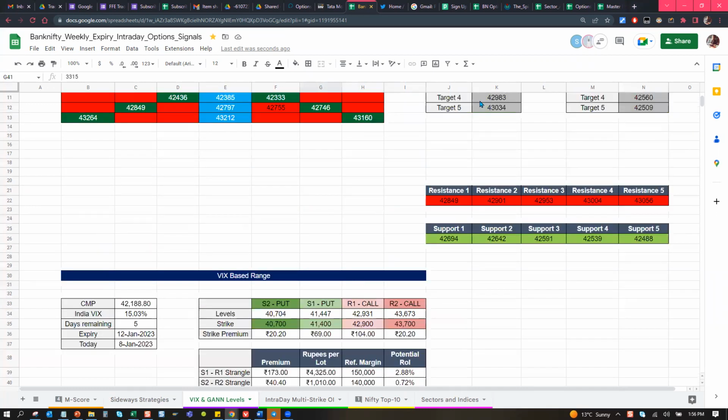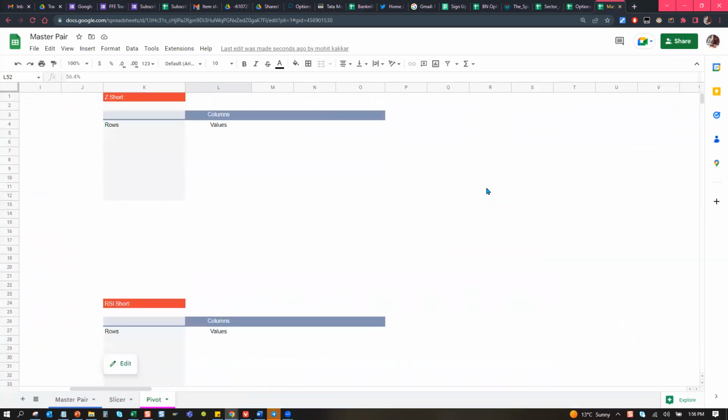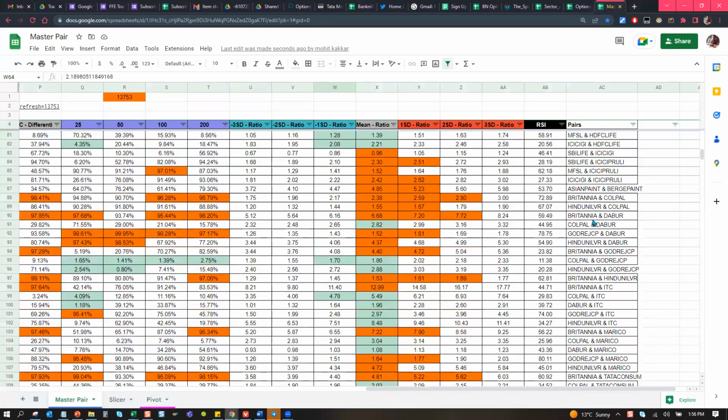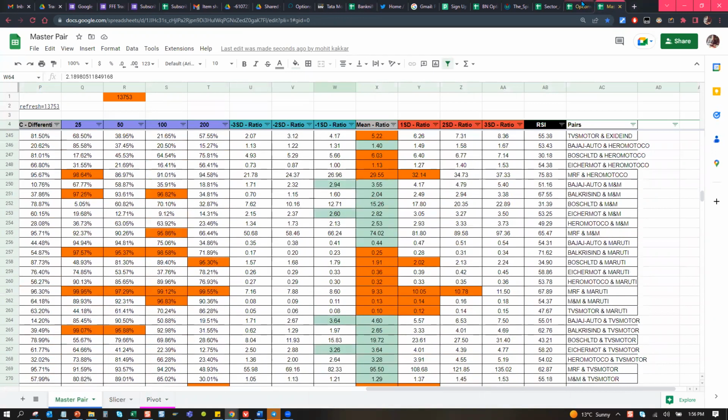Apart from this there is one Google sheet. Pair trading, I have already explained to you, right? ये यहाँ पे पेयर ट्रेडिंग के जो सारे पेयर पॉसिबल हैं वो बना रखे हैं, उससे आते हैं सिग्नल्स. Okay, then there is something